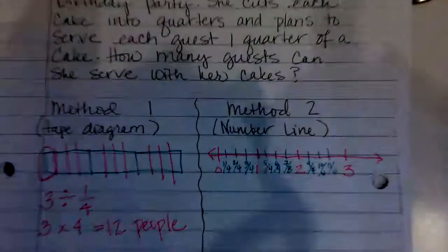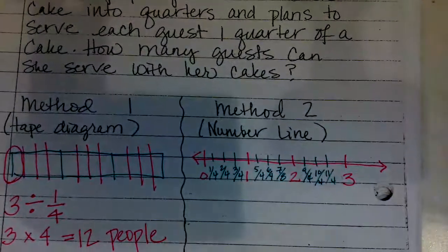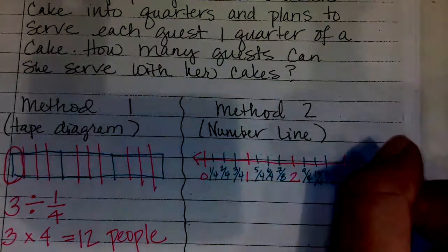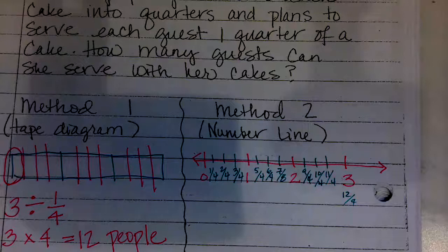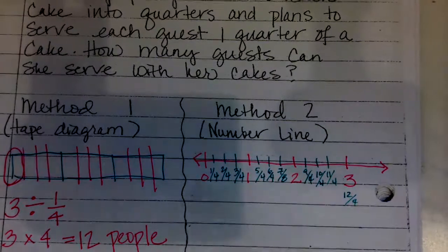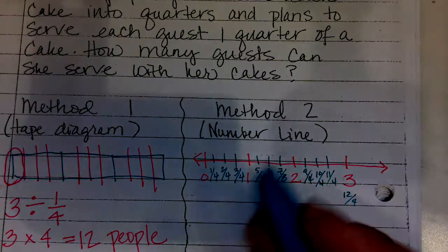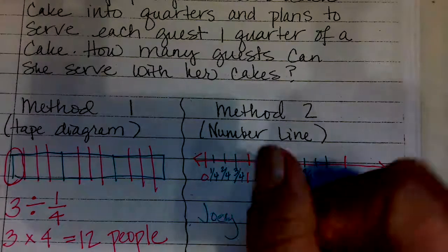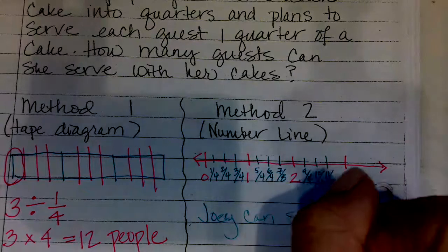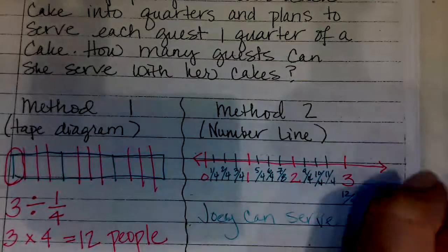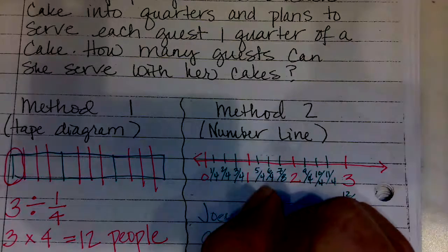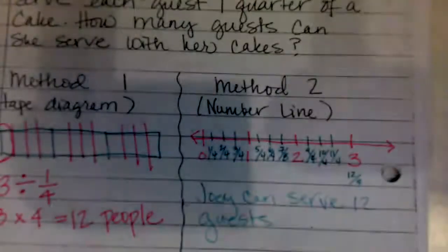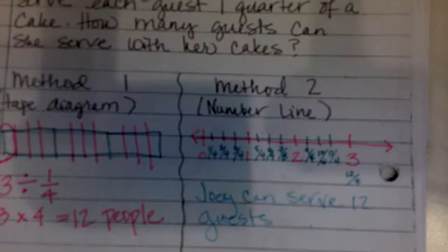So there are 12 quarters in 3 wholes. So if she cut each one, there are 4 quarters in 1 whole. So the answer is the same. Joey can serve 12 guests. That is the answer. My pen is not as bright as it was. All right,